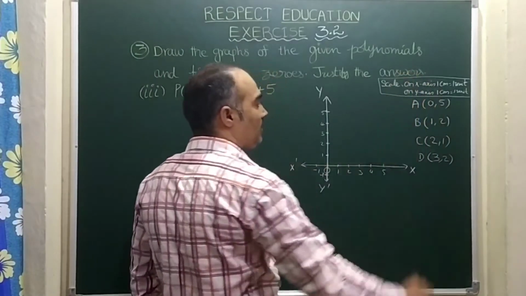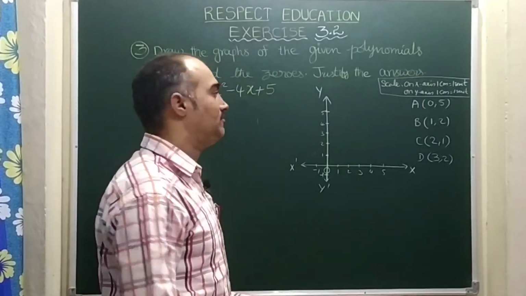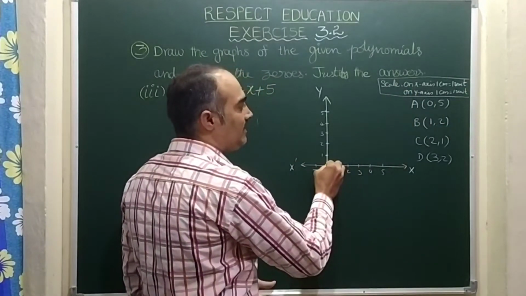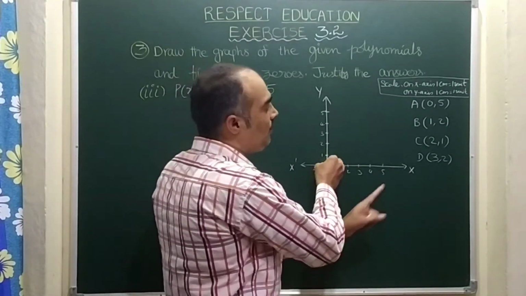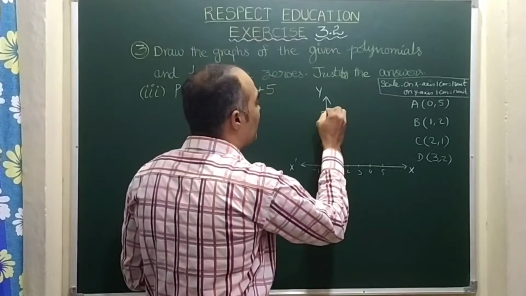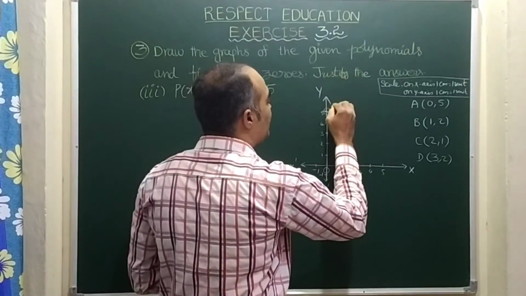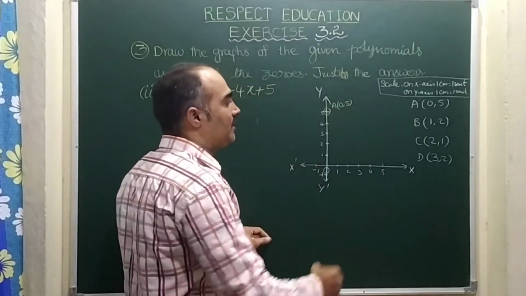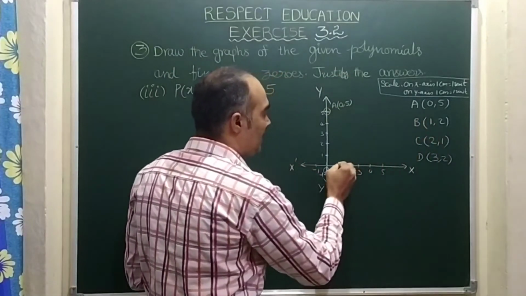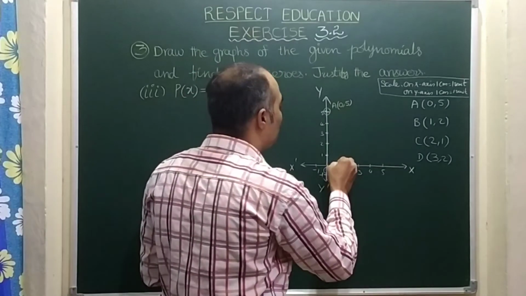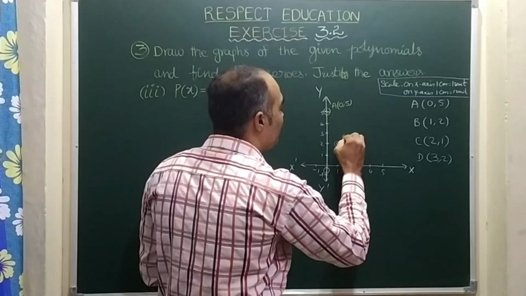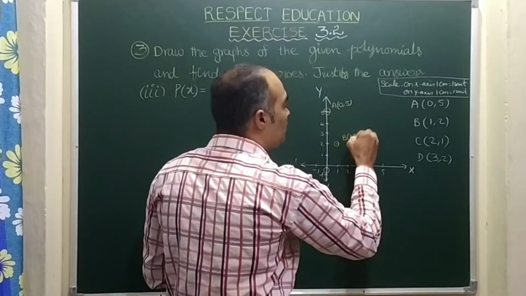A (0, 5). Just imagine that again this is our bike. So the first bike point is 0. Now 0 is at A, the bike is at 0. Now it is positive 5, so I should go up here. This is the first point, A (0, 5). Now the second point: I am ready at 1, positive 2, so I should go up. This point is B (1, 2).